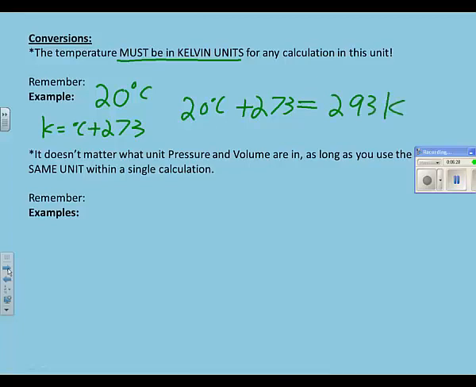And our new value for our temperature would be 293 Kelvin. Now here's what I was talking about with your pressures in the next one. Your pressures must be the same. You're going to have a starting pressure and an ending pressure. For some reason, you'll get different pressures at the start and at the end. Whatever. You need to be able to convert through it. So